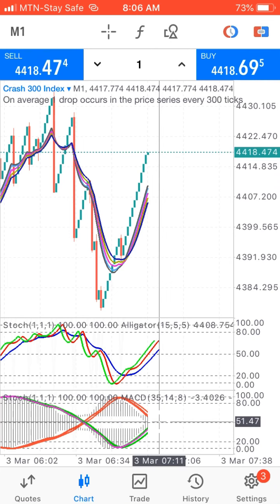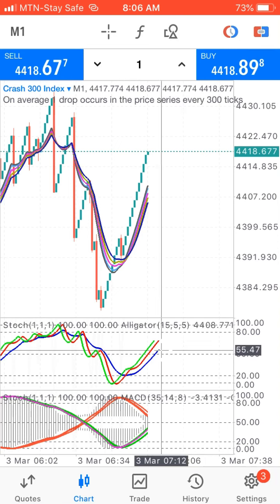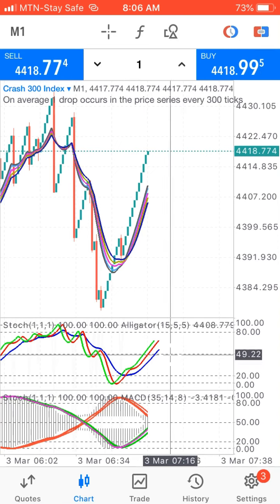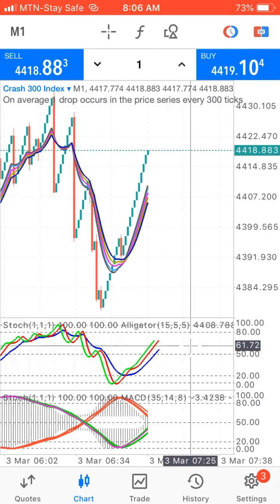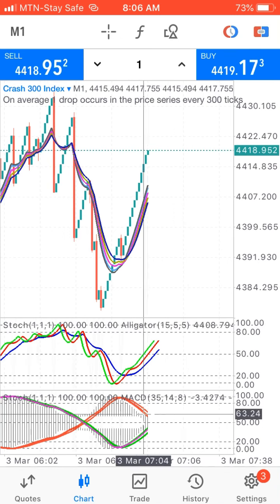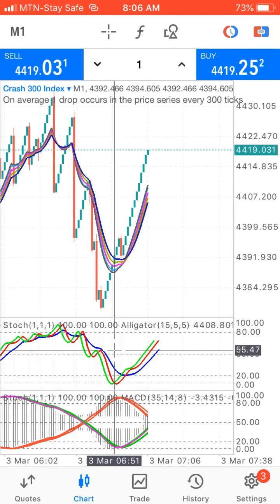If you have a large account, you could wait for it to get to this level, but always notice the alligator too. It also shows us it's time to get out or get into the market. But the MACD is very, very important, although you could just use the alligator alone